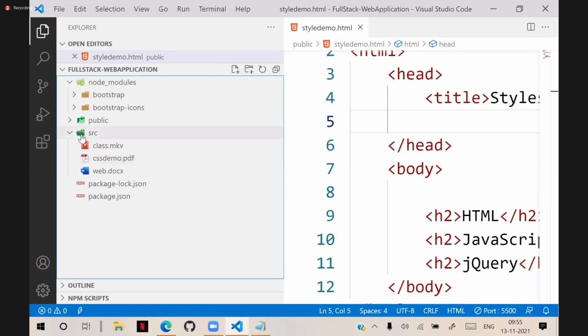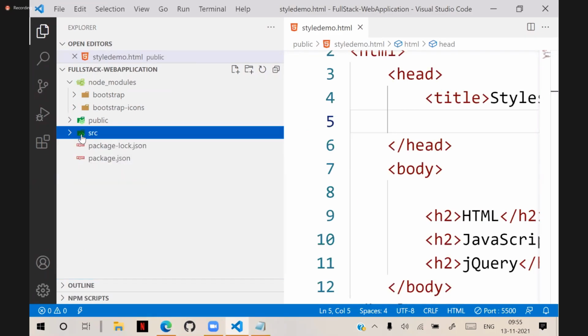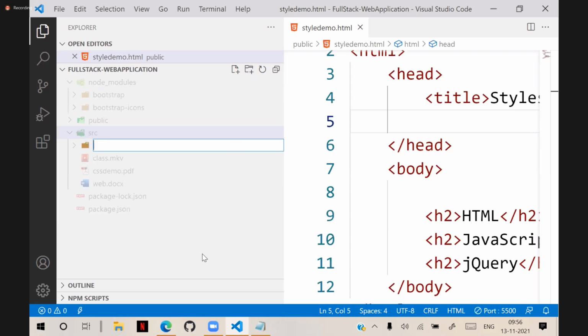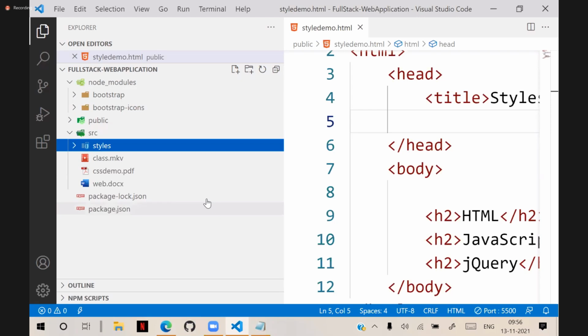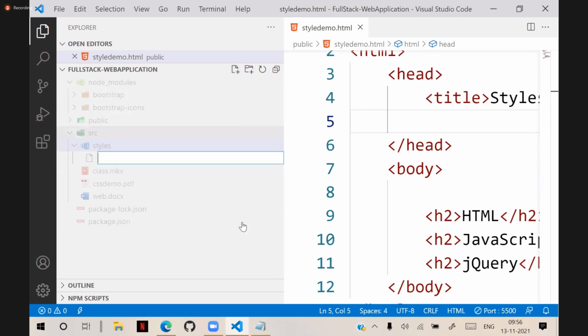We created the SRC folder. I told you that static files are kept in public and dynamic files are kept in SRC. You can keep them anywhere, but as per project standards, in SRC I will keep a separate folder again. That folder name I will give as styles. In that styles folder, I will add a new file. That file is